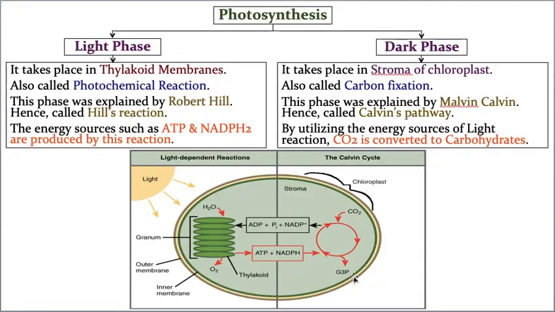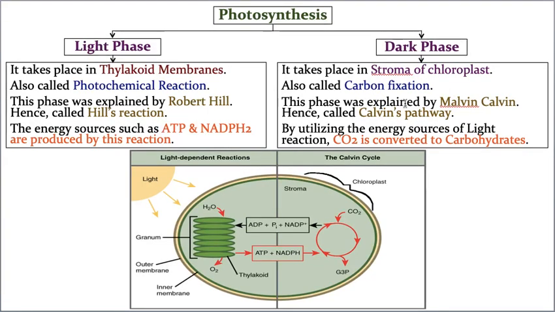What is this G3P? Glyceraldehyde 3-phosphate. First of all, the food material is produced in the form of glyceraldehyde 3-phosphate, and later this glyceraldehyde 3-phosphate converts into glucose. Don't worry about anything, I am going to explain all these cycles in a very detailed way. So clearly I'll discuss, you won't have any problem. Right now you understand that carbon dioxide is first converted into glyceraldehyde 3-phosphate, then into glucose, and of course glucose will be converted into starch. Obviously every one of us knows this point. So this takes place in the dark reaction.